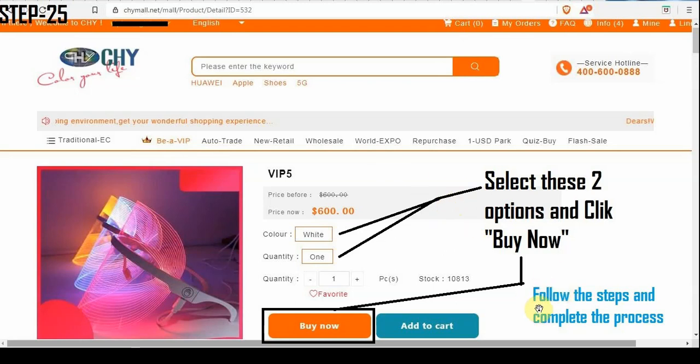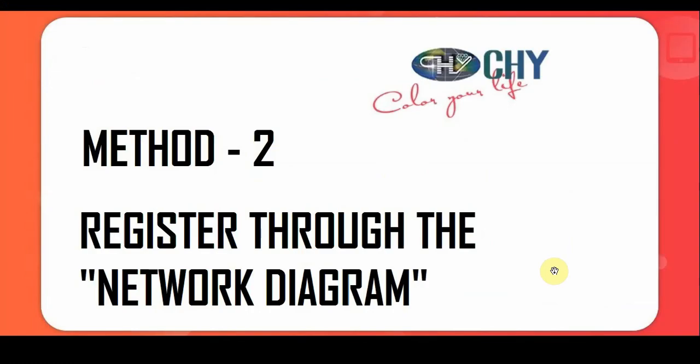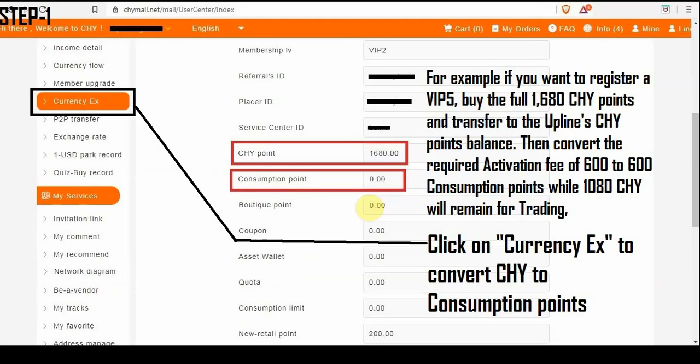So the next thing is the second step, right? We'll go straight up to the second way you can do this. And the second way is very, very easy. It is just a way to register the person through the network diagram of the upline. The upline's account will be logged into, and we now click on the network diagram to do that. So first of all, like we always do, we buy the CHY points and send to the upline's account,